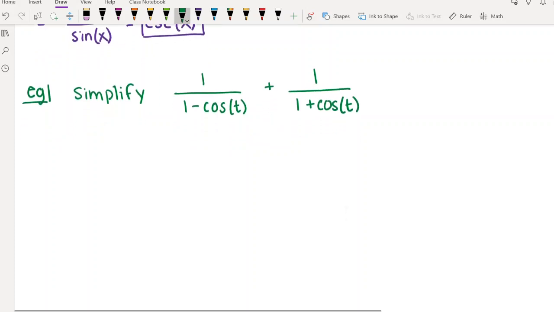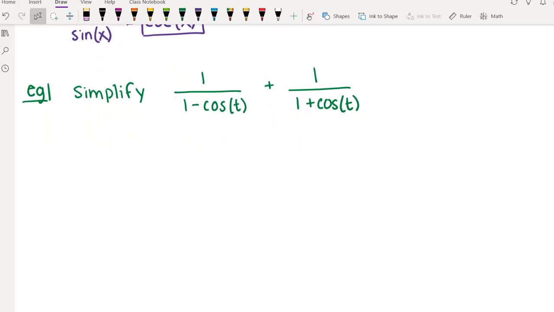So in this case, there's really not much we can do other than make a common denominator from the get-go, right? There's nothing to rewrite. That's really the only thing we can possibly do to put this stuff together. So we're going to make a common denominator, and like a lot of the other examples here, the denominators don't have anything in common to begin with, so we have to force the common denominator, and basically